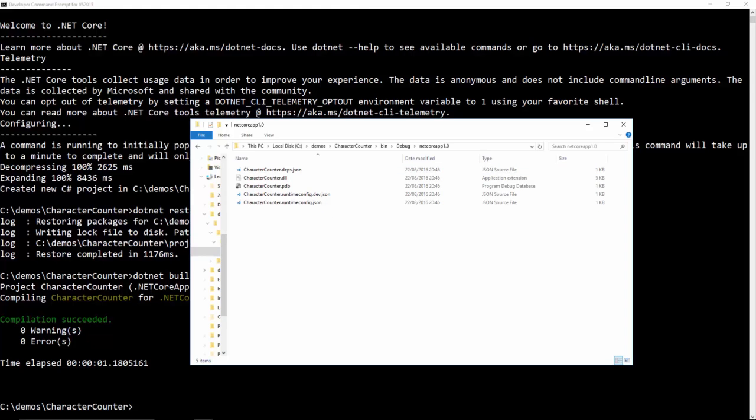We have a DLL. So when I run the application, this is run via .NET Core, and .NET Core loads the DLL for me, looks for the entry point, and executes that entry point. So very similar to the way Java works. So in Java, we end up with .class files that we load, and we look for an entry point called main. So a similar thing here. We have a .dll, we load that file, we look for an entry point, and if it's there, then that